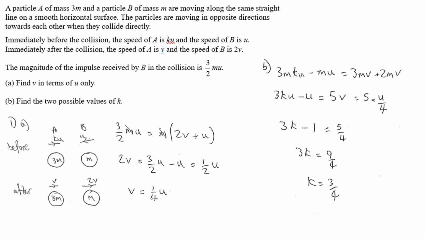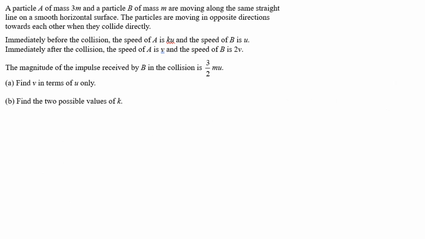Part B, find two possible values of k. So what I've done there is the conservation of linear momentum equation, and I've substituted for v and rearranged it, and I've worked out what k is. K came to 3/4,